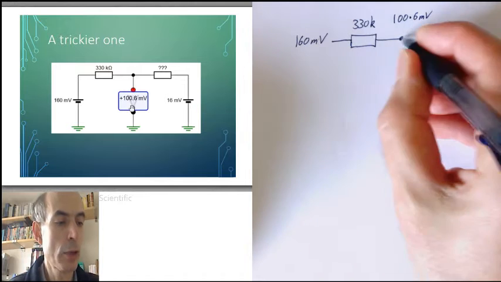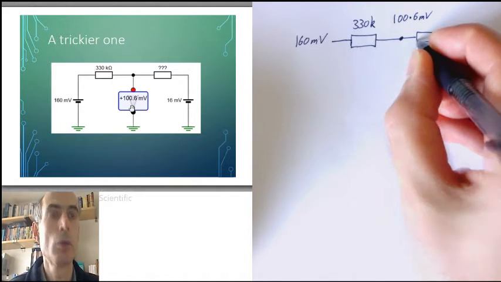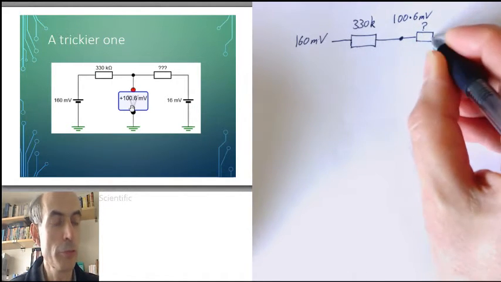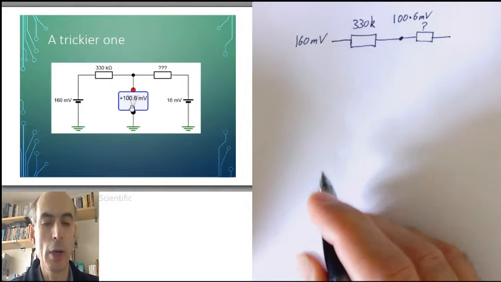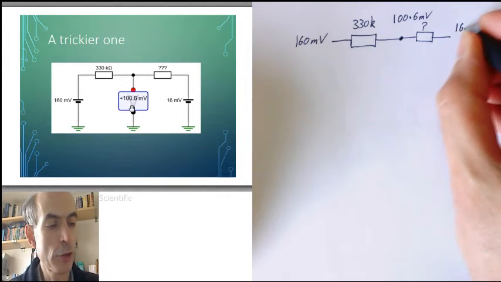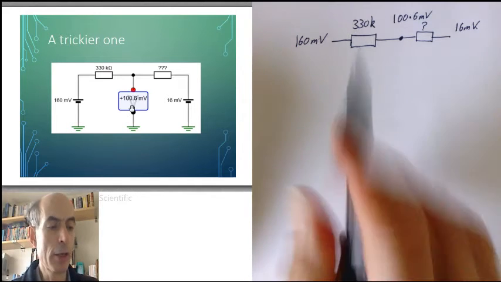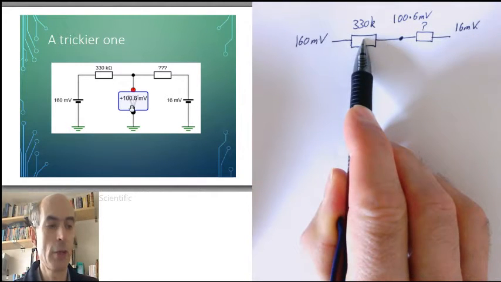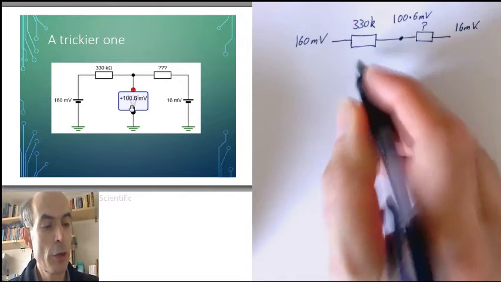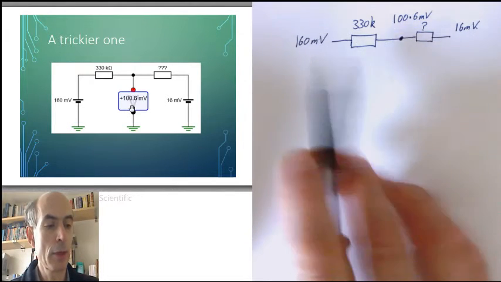And then we go through another resistor, which we're not told the value of, to a point where we're told the voltage is 16 millivolts. So we could apply Ohm's law to this 330K resistor there. We know the voltage across it. That's just